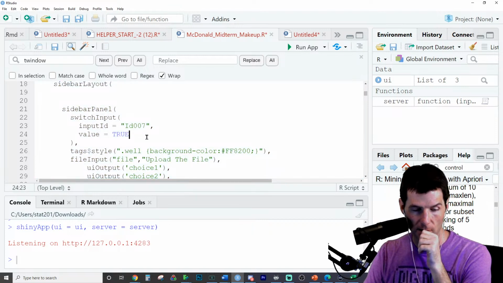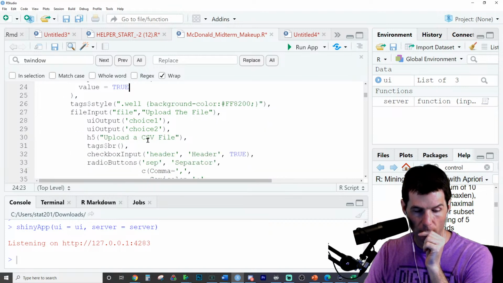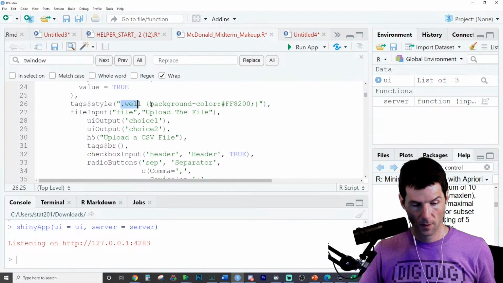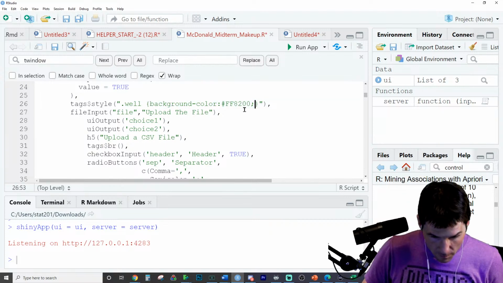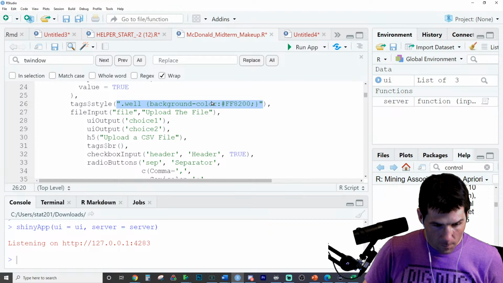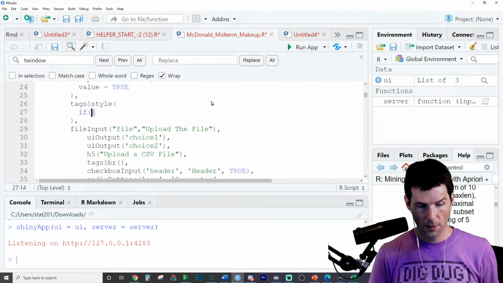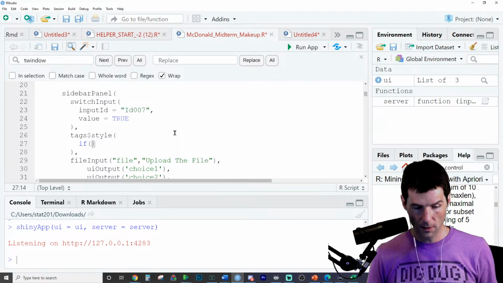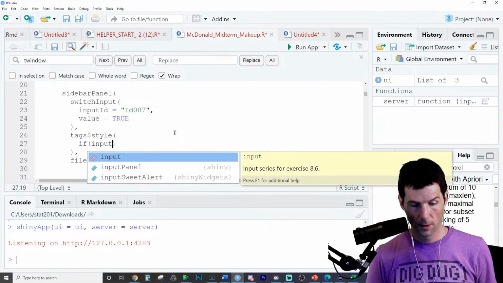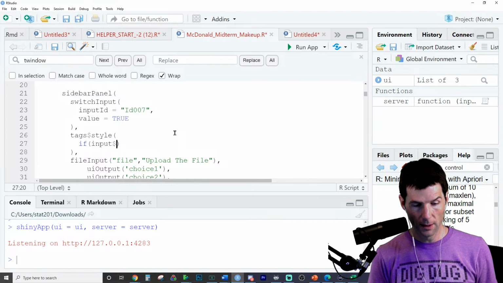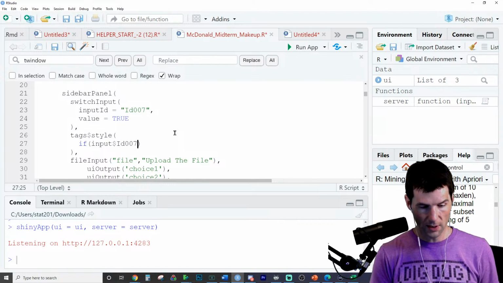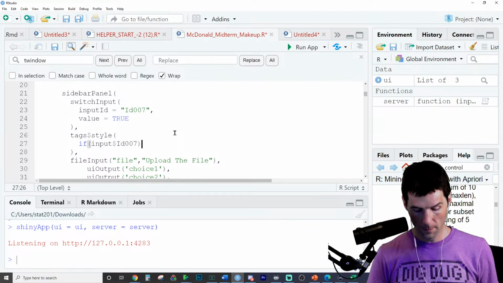Can it see this? Okay, wait. I'm going to try something. If this is a bad idea, input $sign ID 007. There we go.